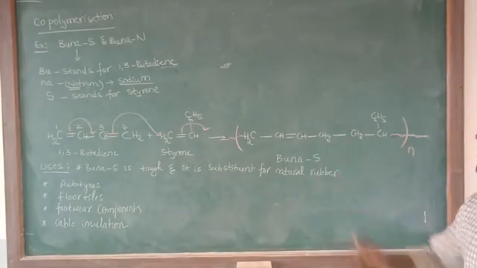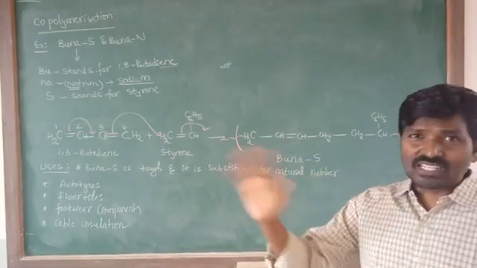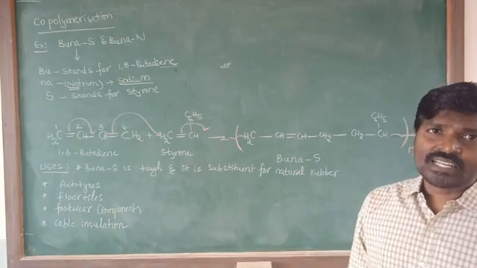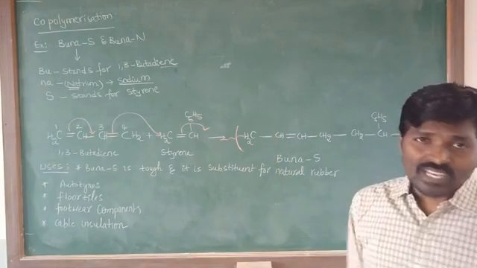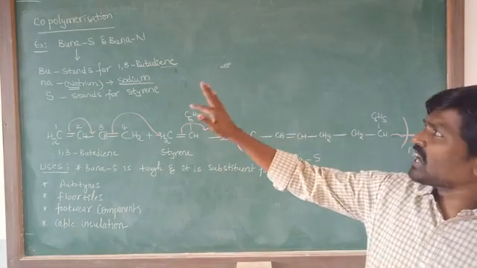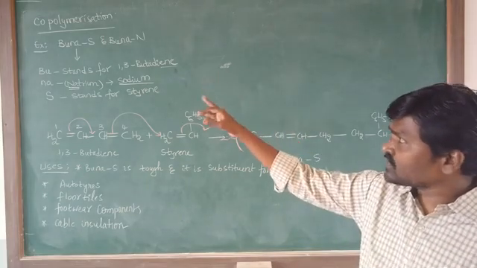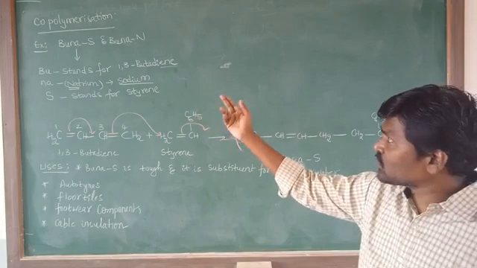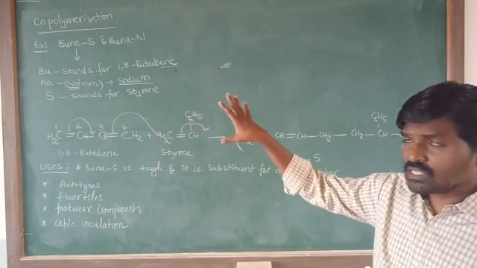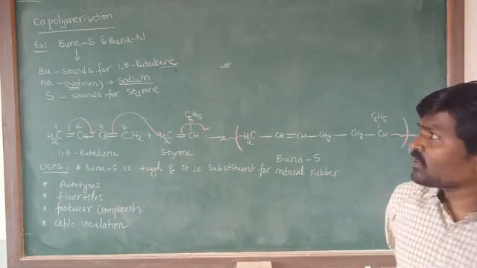This is regarding copolymerization. Copolymerization means whenever the reaction is carried out between different types of monomeric species, such type of polymerization is called copolymerization. The best examples for these copolymers are Buna S and Buna N. Coming to Buna N, Bu stands for 1,3-butadiene, Na stands for sodium, and N means acrylonitrile. We will discuss that one also. These are the best examples for copolymers. Coming to the Buna S here.